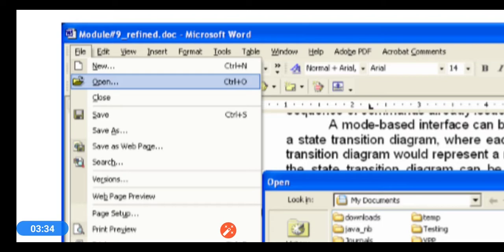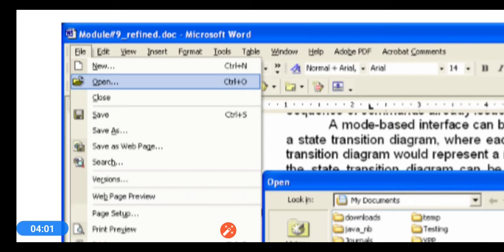No. So that means some set of operations are grouped together to form a state. In the file menu, we are having different relevant options that are available, like whatever input output operations can be performed on a file. All those relevant operations are presented in the form of options.